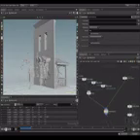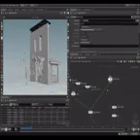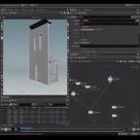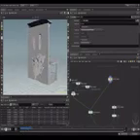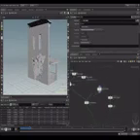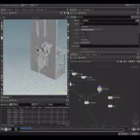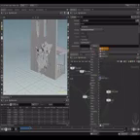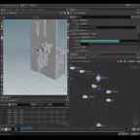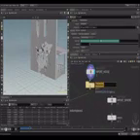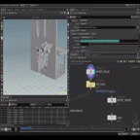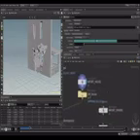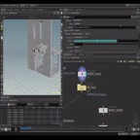Let's start by caching this simulation to disk, because I don't want to waste my time waiting for this simulation to be done every time I have to transform it, or tweak the high-res, or add more elements to it. So I'm gonna drop down a file cache here. Let's call it sim house, and I want to add some custom parameters to make the caching easy. So let's go to the parameter interface,